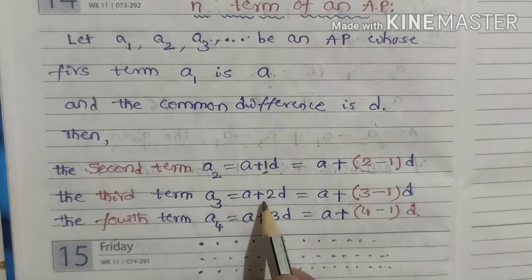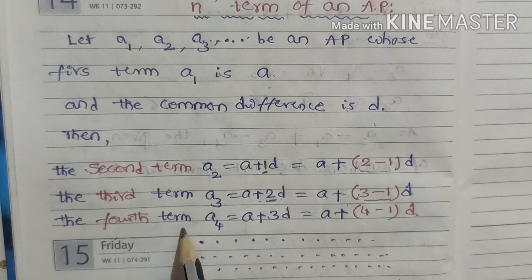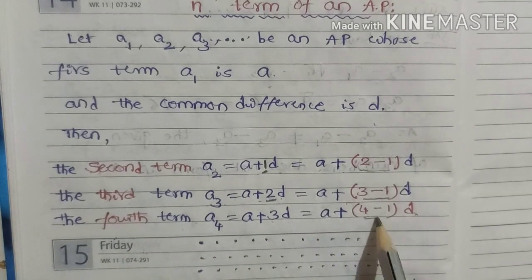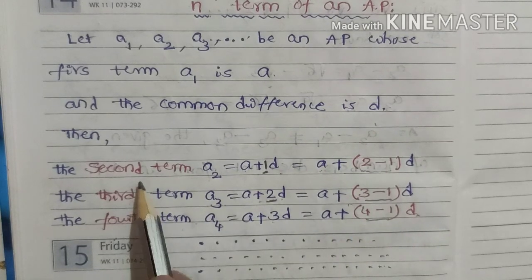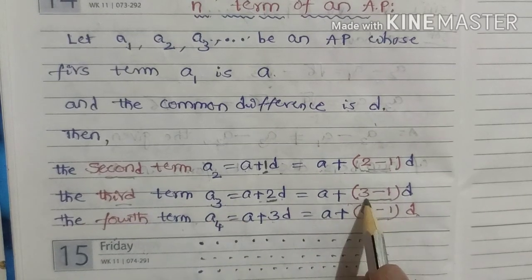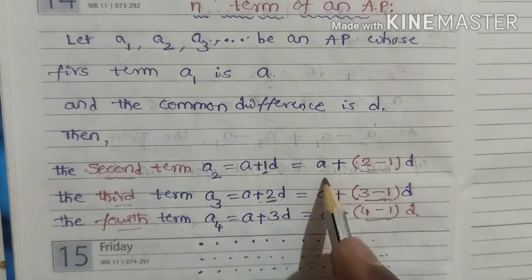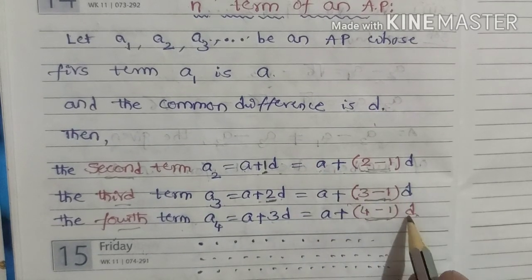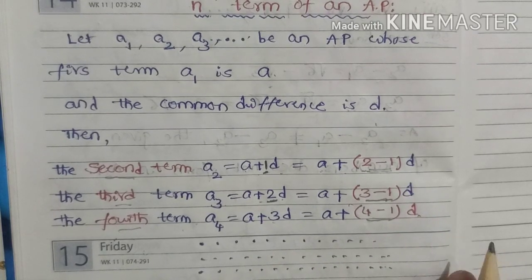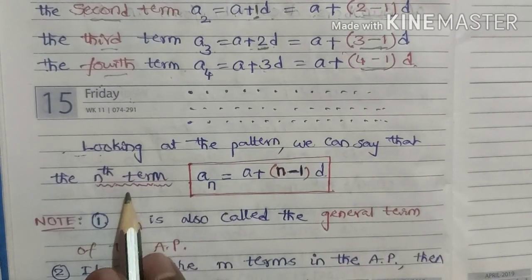The third term is represented by A plus 2D. This 2 can be written as 3 minus 1. The fourth term is represented by A plus 3D. 3 can be written as 4 minus 1. Here you can observe: second term 2 minus 1, third term 3 minus 1, fourth term 4 minus 1. Everything is the same. Everywhere A is there, the plus symbol is there, and this bracket term is multiplied with D. If you continue the process like this, looking at the pattern, we can say that the nth term will be